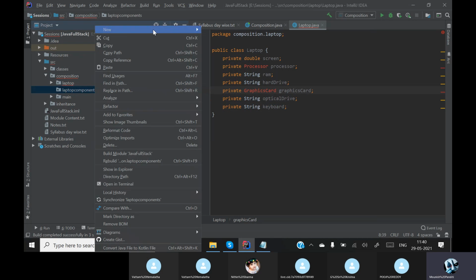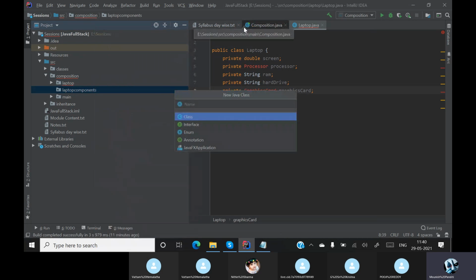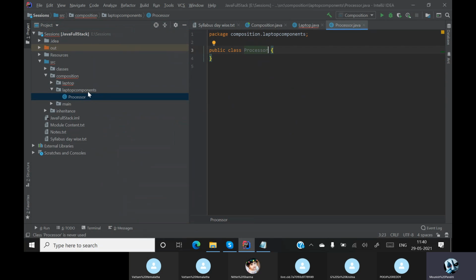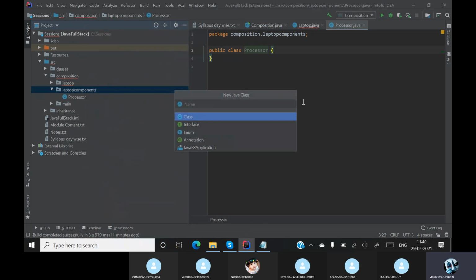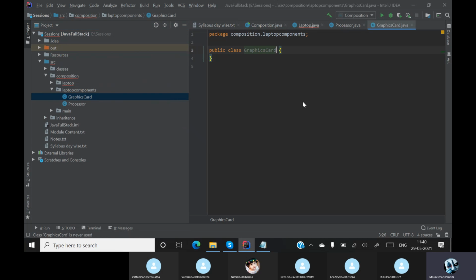Okay, inside this laptop components I'll create a class, and I'll name this class processor first, and another component which will be my graphics card.